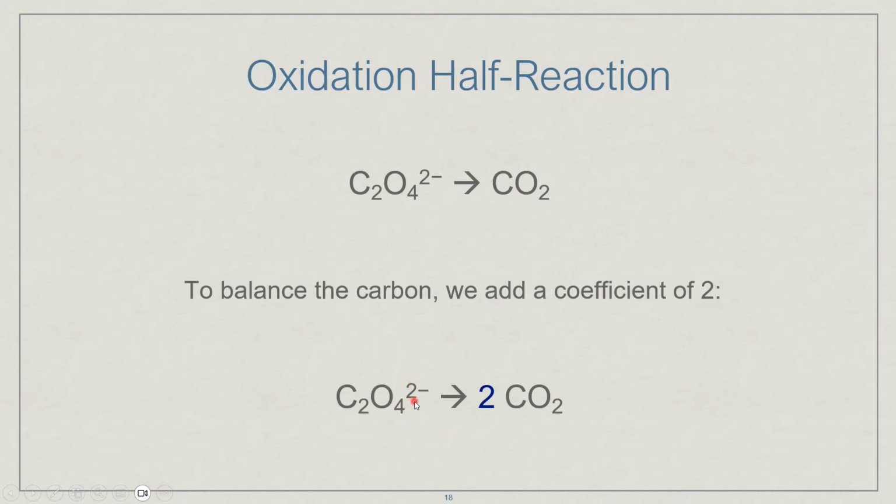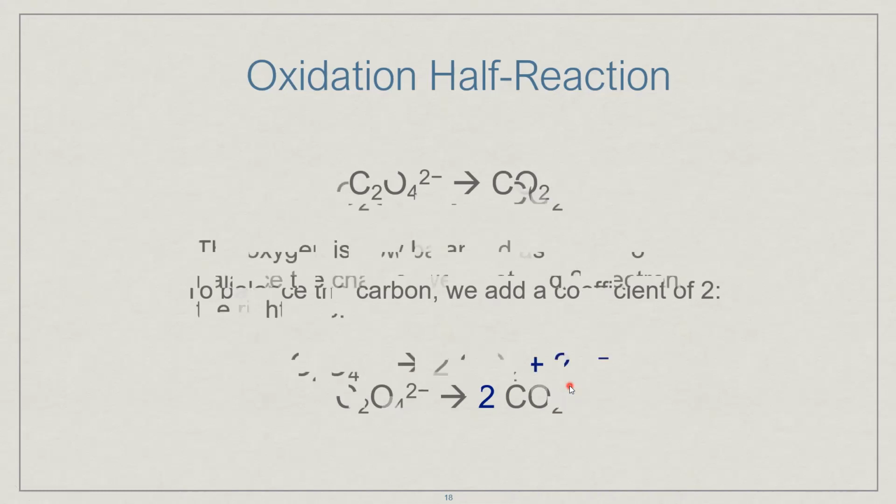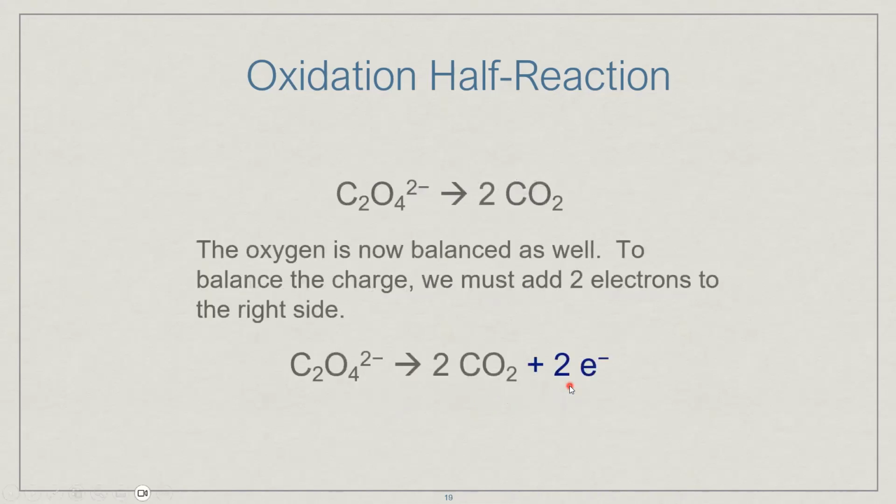But with that reaction now, we've got a -2 charge on the left. We've got a neutral charge, excuse me, on the right. So we don't have that balance. We're going to need to add electrons. And now when we do that, we've got the balance of charge, we've got the balance of mass. So this is just going to be our